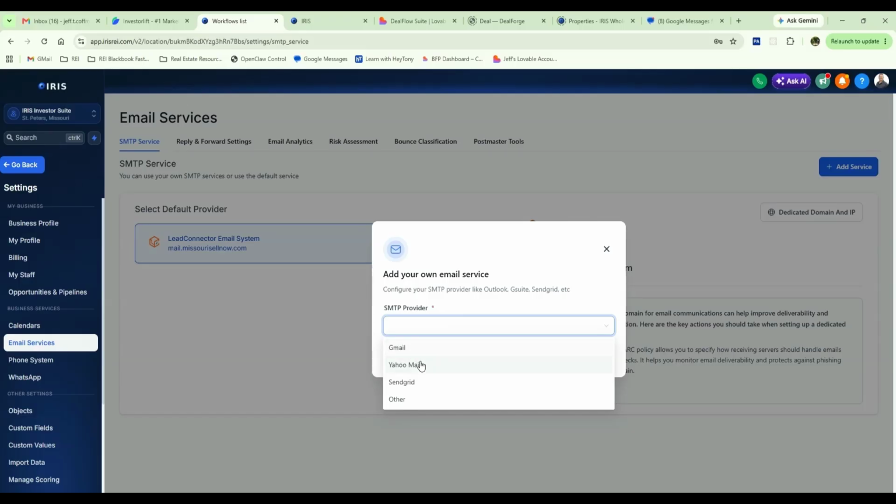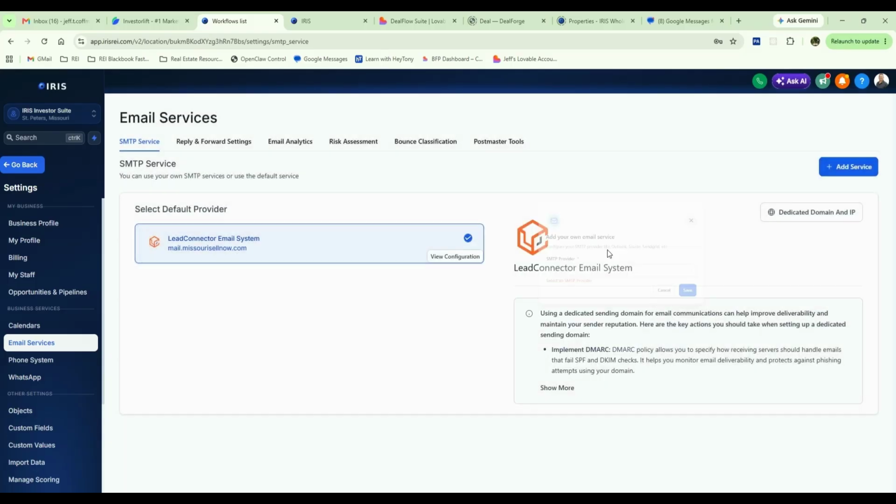I will tell you that once you do that, you're going to have to log into your external domain name provider, whether that be GoDaddy or Namecheap, whatever you're using, and you will have to manually configure all of those records that Iris does for you automatically simply by using Lead Connector. It's much simpler. So that is all there is to this. And now you have a working email send-from address connected to your business domain. All of your automations, all of your follow-ups, your nurture sequences, and all of that can now be sent using your